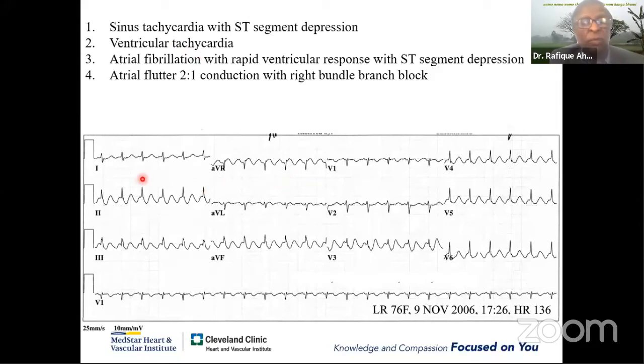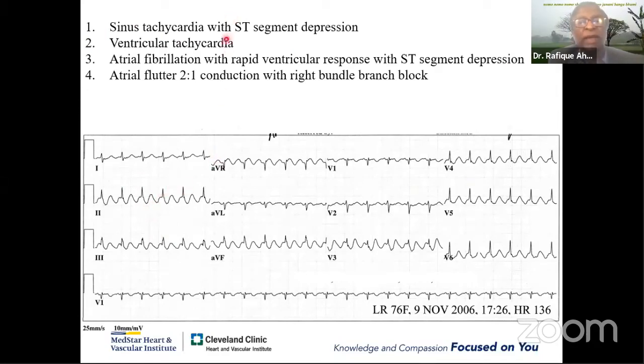However, if we go to leads 2, 3, AVF, that looks funny. And in lead 1, I don't see any P wave. So even though this is an option, the second thing is it is very regular, and that potentially rules out atrial fibrillation. The reason I put this ventricular tachycardia diagnosis is that if you suddenly look at leads 2, 3, it looks like some kind of wide QRS tachycardia. But those are not the QRS complexes. The QRS complexes are the narrow ones that I'm pointing to.